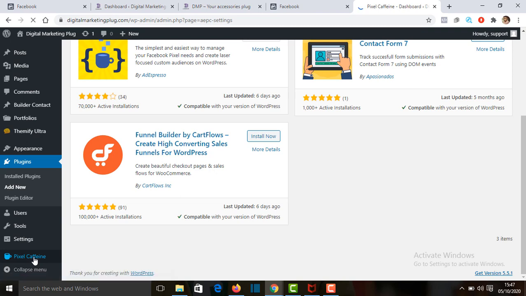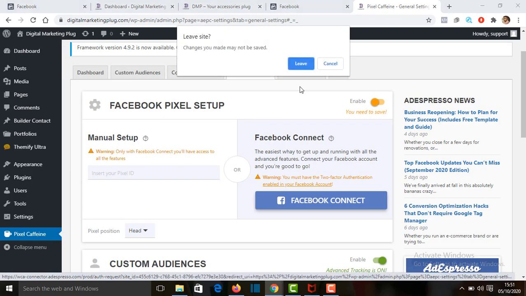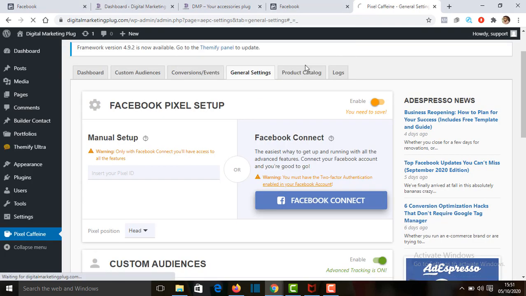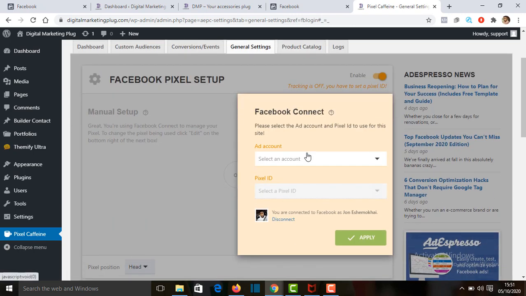We're going to the Pixel Caffeine aspect of the dashboard to connect our Facebook account, our Facebook business account. So you click on Facebook Connect, and then it's going to open a window where you just prompt Facebook to connect your business account to the Pixel Caffeine. So you input your email and your password, and then it connects, and it will bring you back to this page where you now